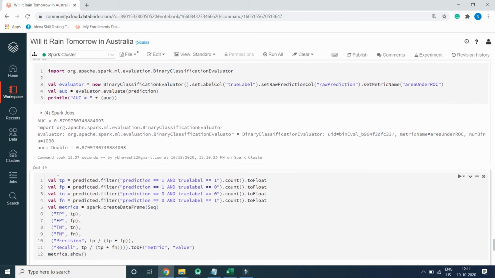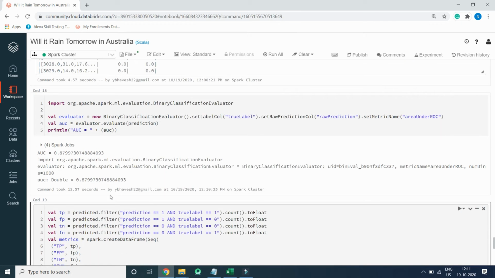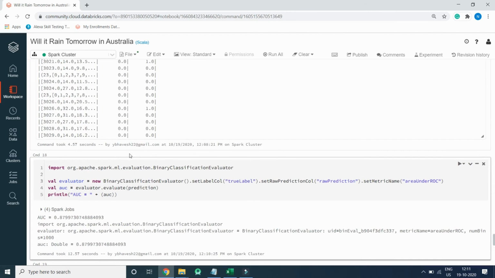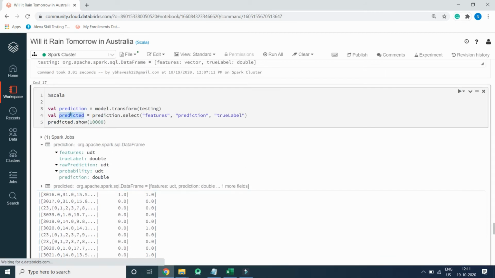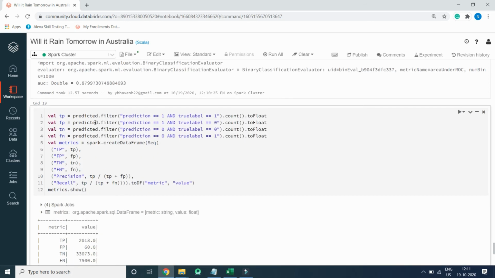There is one another way also we can evaluate by using counts. So this is the predicted data frame which we will be using. Predicted dot filter, prediction equal and equal to 1 and true label equal and equal to 1, we are getting the count. TP means true positive, then false positive, true negative and false negative.